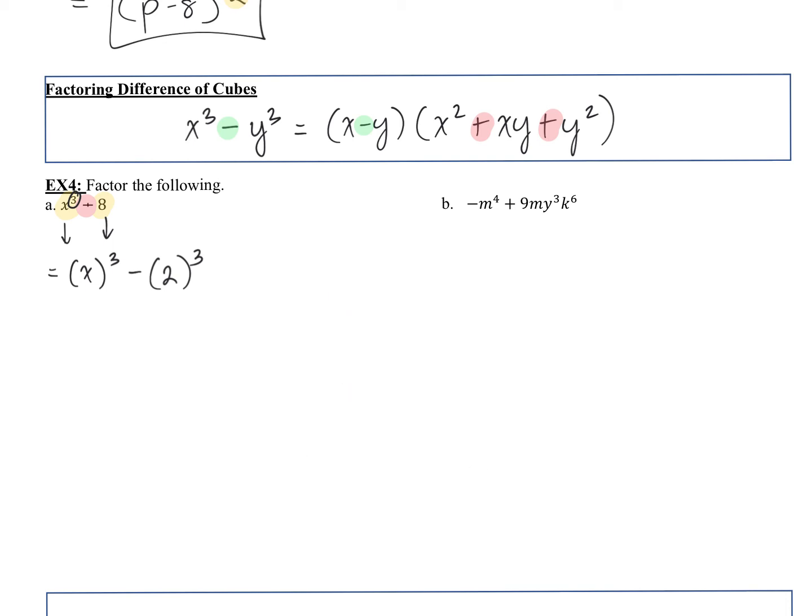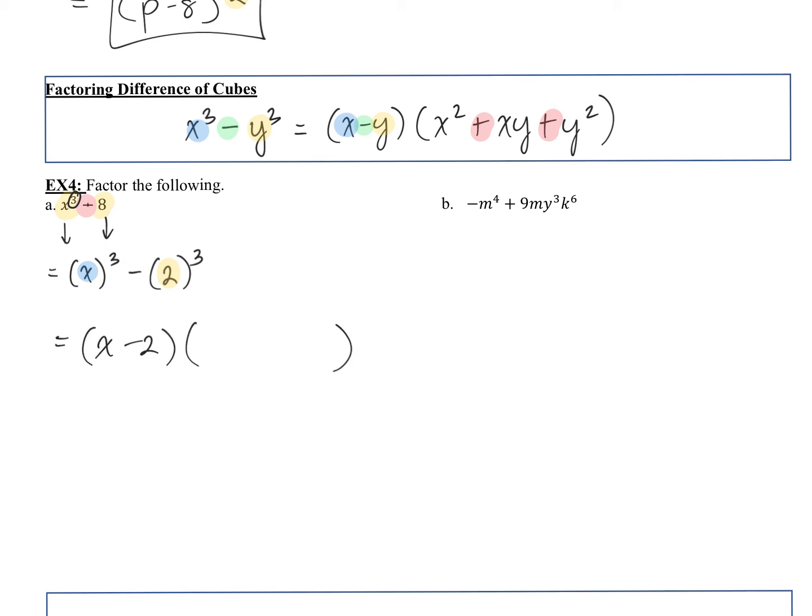Okay, so then that helps me identify what my x and my y values are. So my x value, in this case, is still an x, and my y value is actually going to be a 2, which means I'll rewrite it as x minus 2 in the beginning, so the first term,